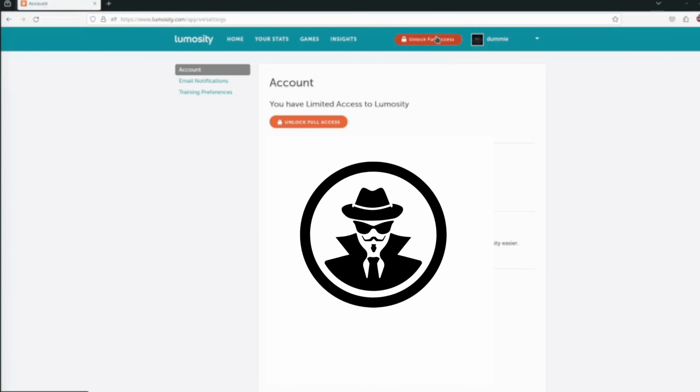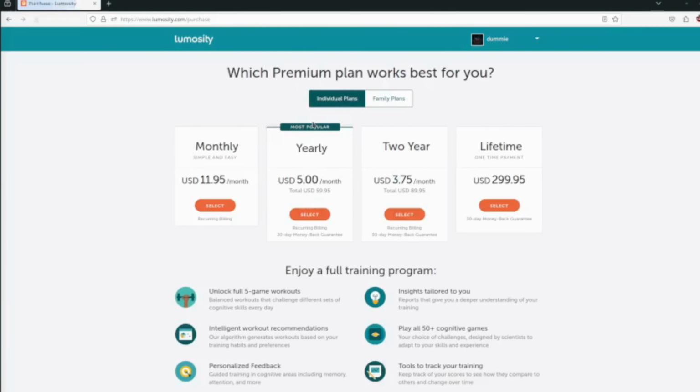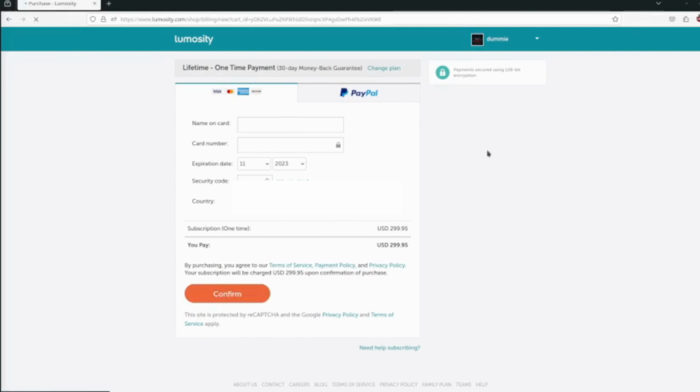So we have to unlock this. So for this, what you can do is unlock this. Then we have another way, the individual plan has a promo. So what I want to do is to access the lifetime, and here what we have is this. So let me just use this, and security code 000